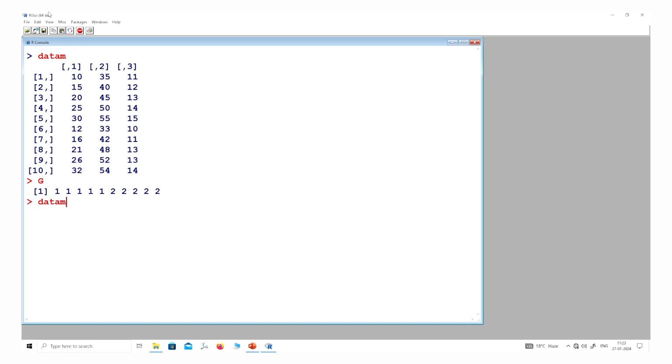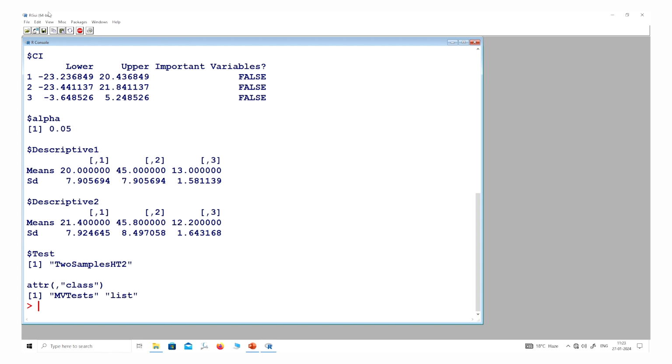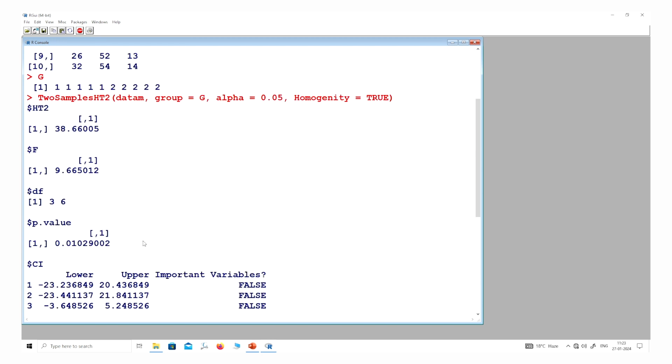Now if you use this command for the two sample test, T2 for two samples, it comes out like this, right. Let me explain it one by one.